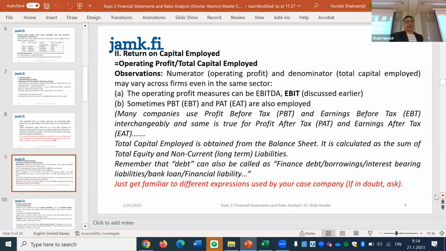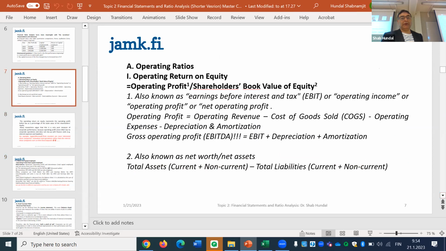We have one more ratio called return on capital employed. The return on capital employed is based on the philosophy that, you know what, there is nothing wrong with the return on equity, but you are only checking the performance based on the shareholders' equity. Equity is one form of financing, but it's not everything. We have another form of financing also. And another form of financing is called